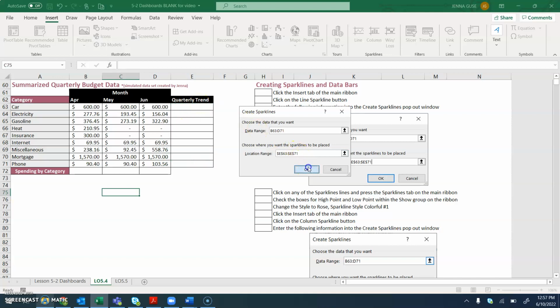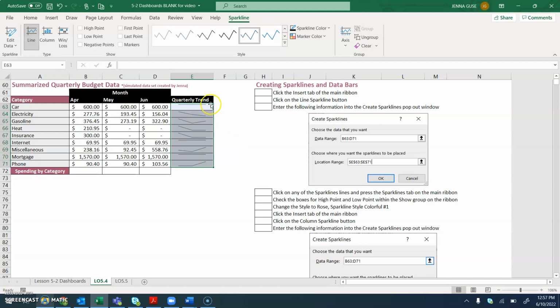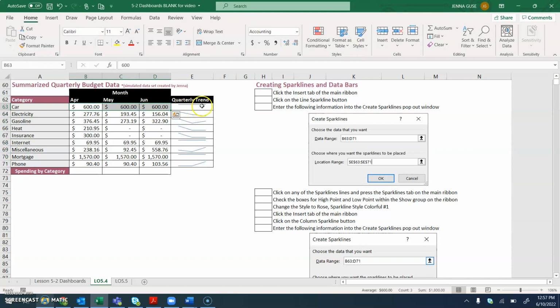Then you're going to press OK. And we'll get these little lines. So for example, for car payments that never change, see how the line is flat? It's showing you that there is never a change in that amount. Whereas for something like miscellaneous, it's showing you it starts in the middle, goes down from May, and up in